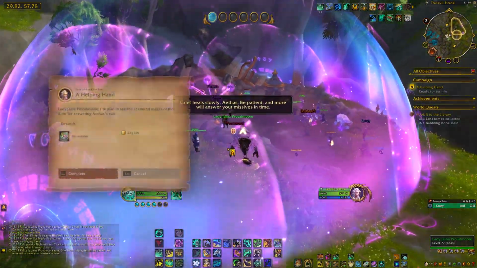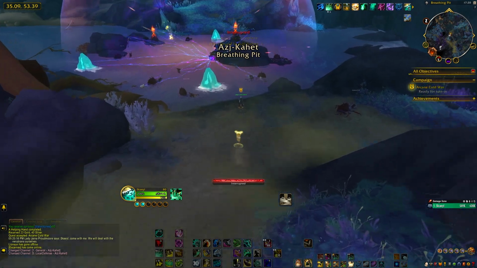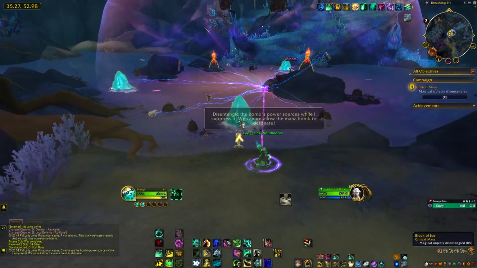Then go ahead and hand in the quest inside the safe zone in the outpost. This will start a new quest from Jaina, and she will make a portal to Ash Kahet, which I recommend taking. Otherwise, you're going to have to fly the long way. Just take the portal, you'll speak with her at the location that you'll find her, and you'll have to destroy all of these